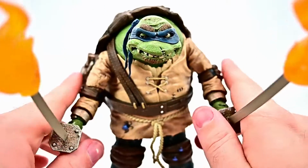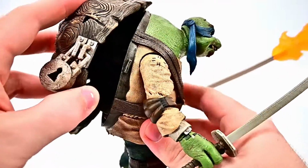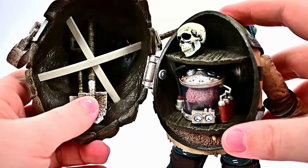So instead of like the sticks, you know, with the flames on the end of them to walk around at night, they have the swords with the flames, which is pretty cool. So that is awesome. But let's go and see if I can try and get stuff in his shell here. So there I got most of the stuff stored in his shell, so you can see the shovels kind of sit back in here,